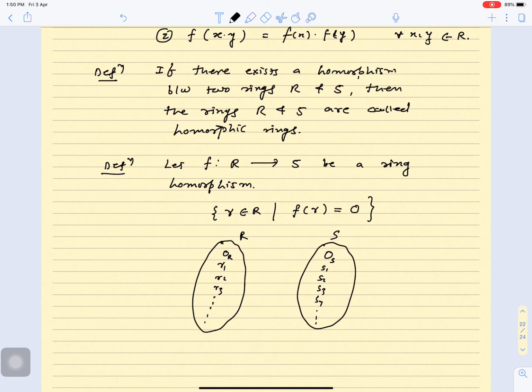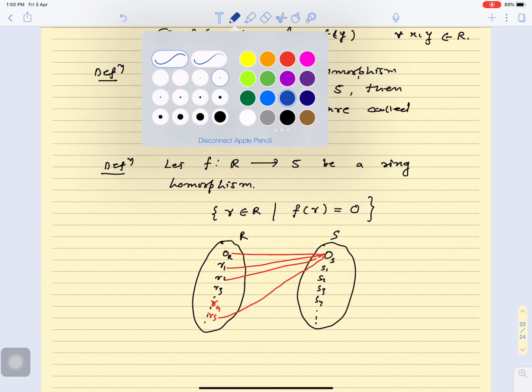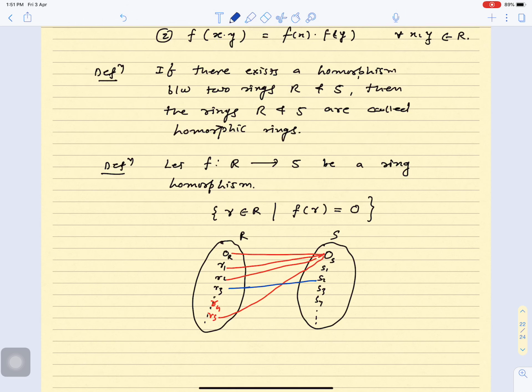Now you collect those elements which map to 0. Definitely 0 maps to 0. It may happen r1 maps to 0, r2 maps to 0, r5 maps to 0, but r3 maps to say s2, r4 maps somewhere else. So you consider those elements which map to the 0 element, this one, this one, this one, etc. So then this set